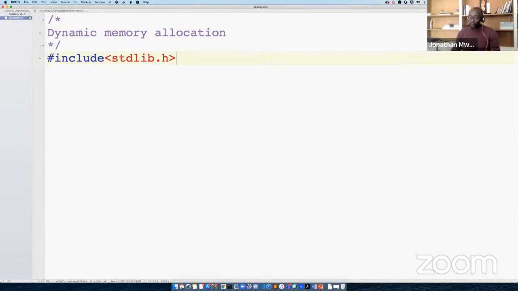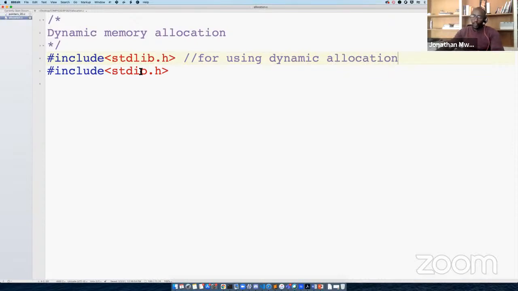That's important. We can also include stdio.h, standard input output, because we want to print out stuff. So we include stdlib for using dynamic allocation, and stdio because we are going to use printf, scanf, etc. And so we can declare our main like this, void.